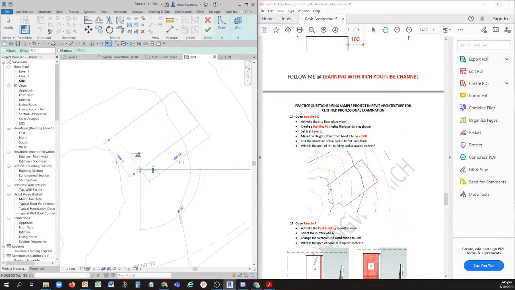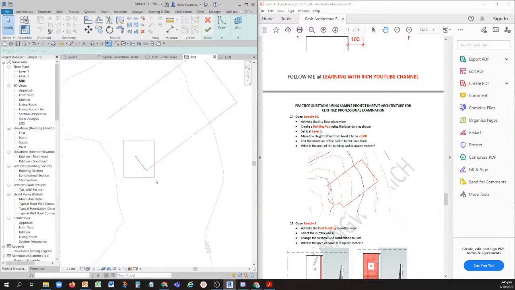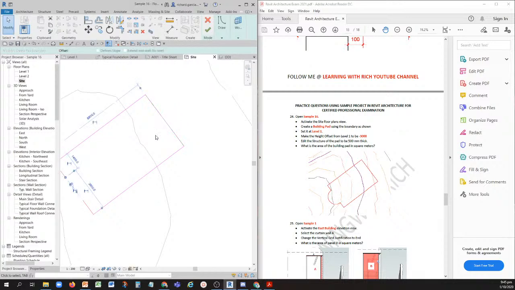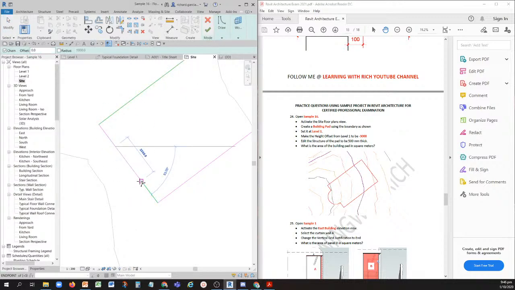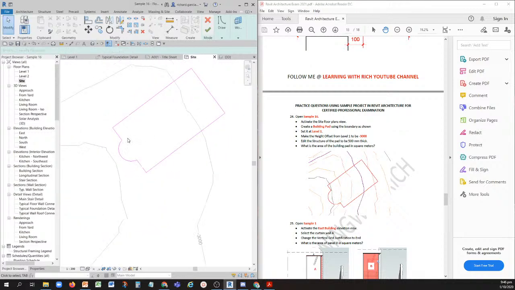But then again, in your case, you need to use the pick lines option so that it's much easier. It will be much easier because you just need to trace the boundary. Not this one, the one that I'm doing. So for example, I already traced it, so you just need to